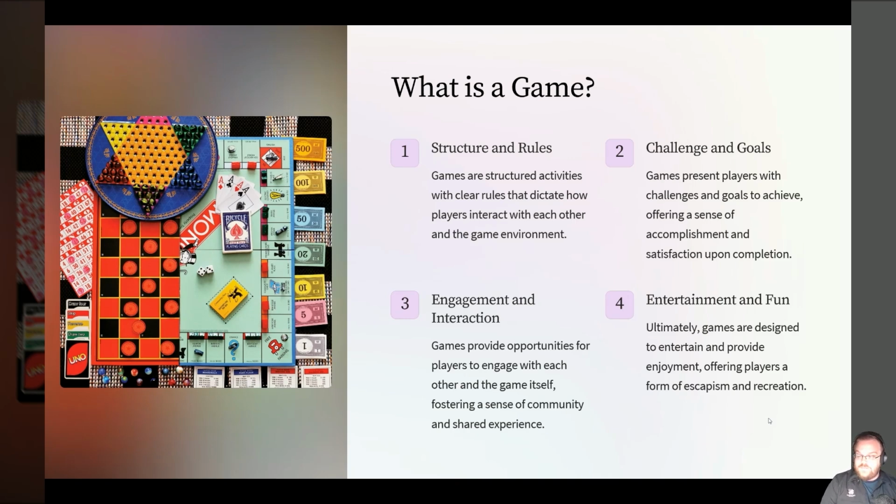There's a famous quote from Mark Rosewater, the lead designer of Magic the Gathering. He is asked, "What is a game?" And he explains that players have to have an impact on the game state itself through decisions that they've made, which is to say that the difference between something like Monopoly and something like Candyland,